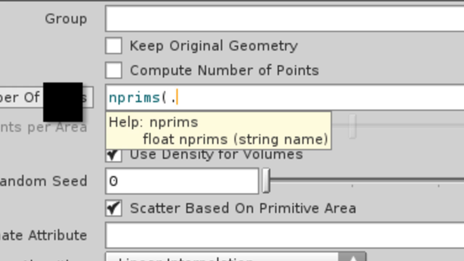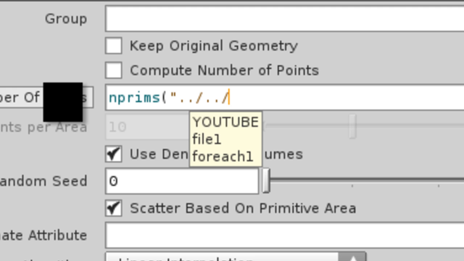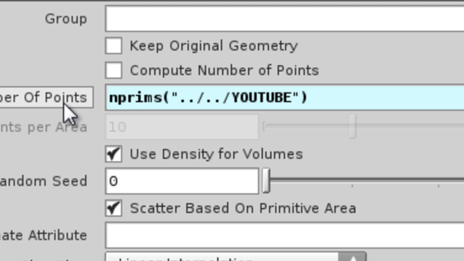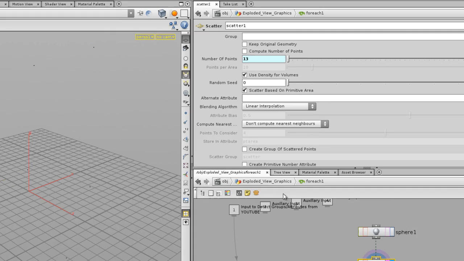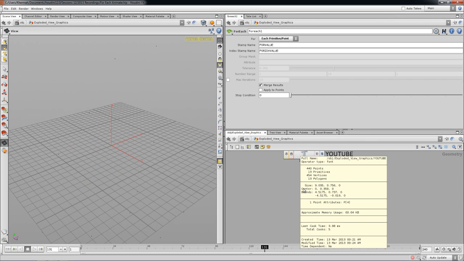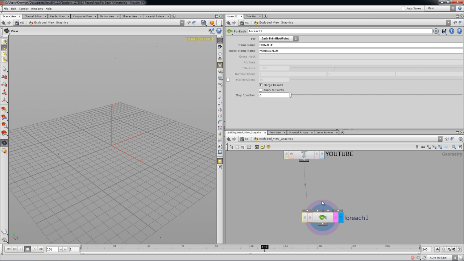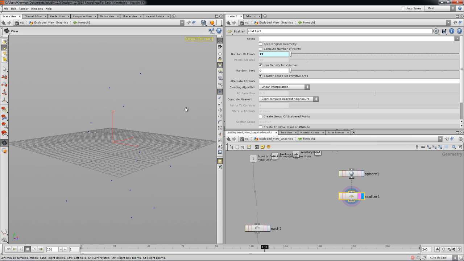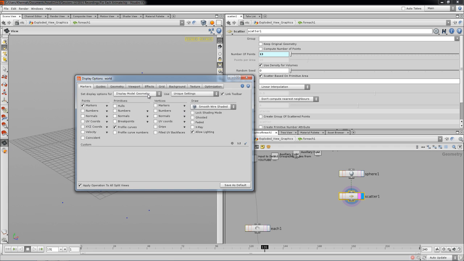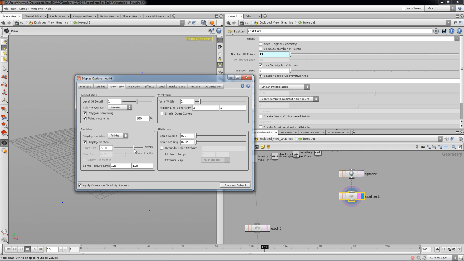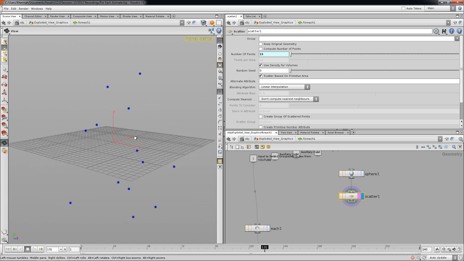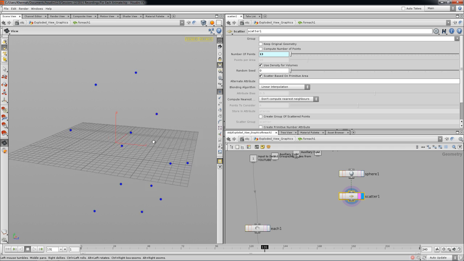So we're going to go up 2 times. So go up, then we can use that node over there, and it's going to give us the number of primitives, and in this particular case it's 13, and over here if you actually look, you have 13 primitives, and that's actually what you want. So you've got 13 points as of right now. If I turn on my point display and make sure the points are visible in the viewport, you've got 13 points all over the place, which is nice and dandy,